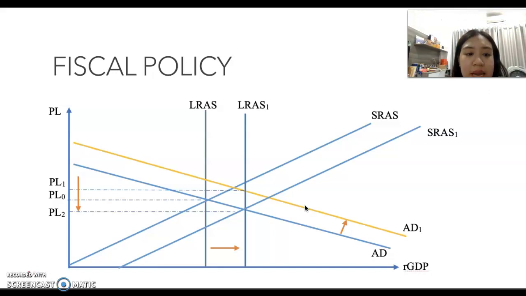Now let's look at the AD-AS analysis. Theoretically, when the government applies expansionary fiscal policy, it will shift aggregate demand to the right. The result of the spending on healthcare equipment as well as vaccine development could increase the level of potential output as they will create more skilled and productive workers, and better technology in terms of medical care. Thus, private sectors, firms, and individuals will be more productive and efficient. Also, expenditure on research and development is likely to increase long-run economic growth.